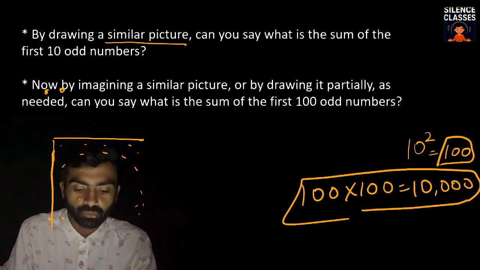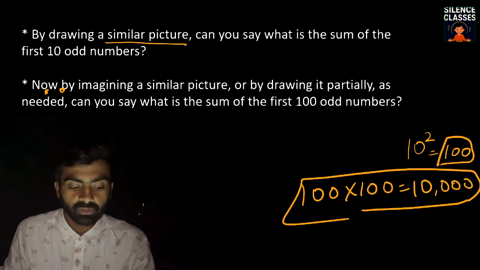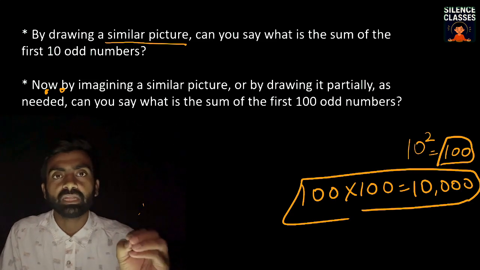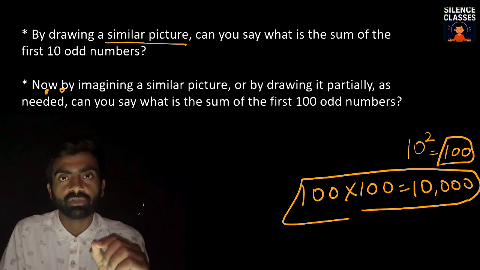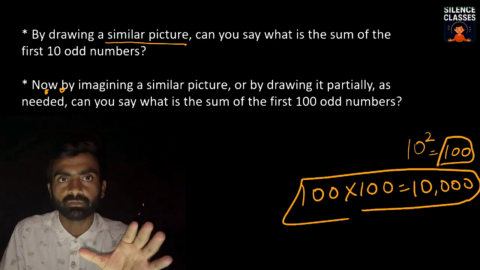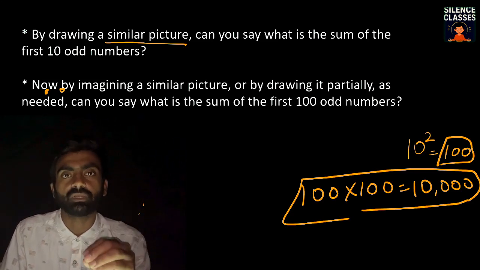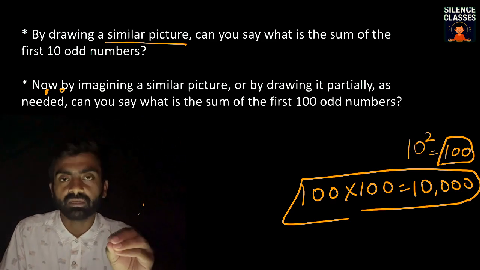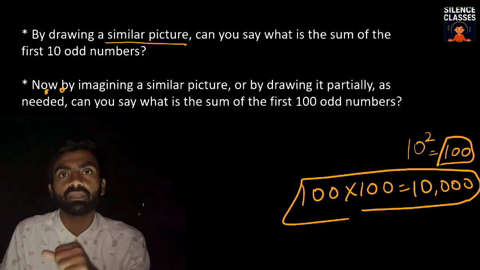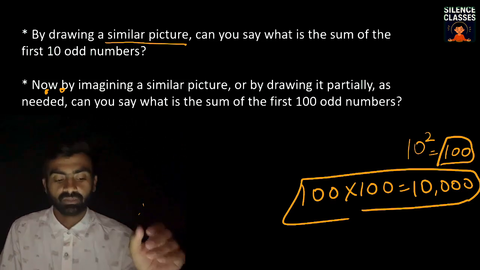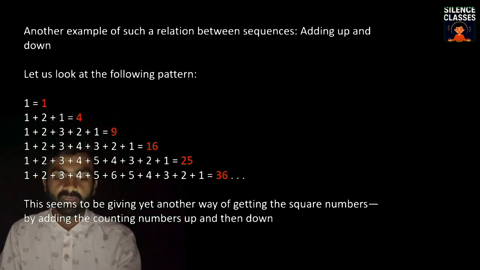Okay, but from this particular explanation you got that whatever number has been taken, means if you are adding 200 odd numbers, you will get the square of 200. Okay, the sum you will get is 200 square. If you are taking 400, the number which you will get is the square of 400. Okay, now let's move to the next part. Another example